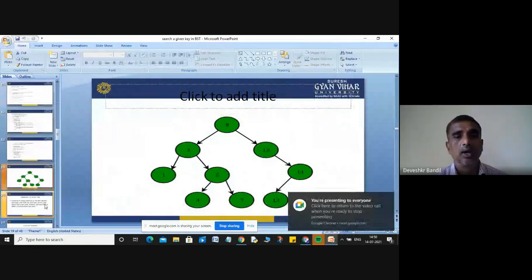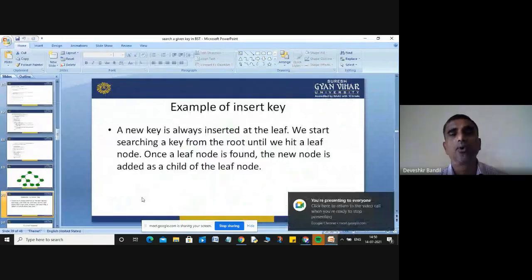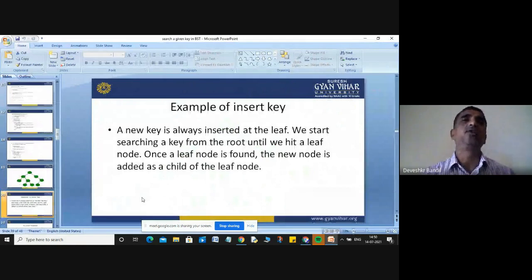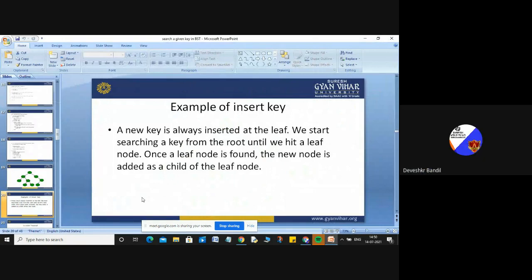And here is an example of insert key. When you insert a node key value in your BST, a new key value will always be inserted at a leaf node. You know, leaf nodes are those nodes which have no branches. We start searching for a key from the root until we hit a leaf node. And once a leaf node is found, the